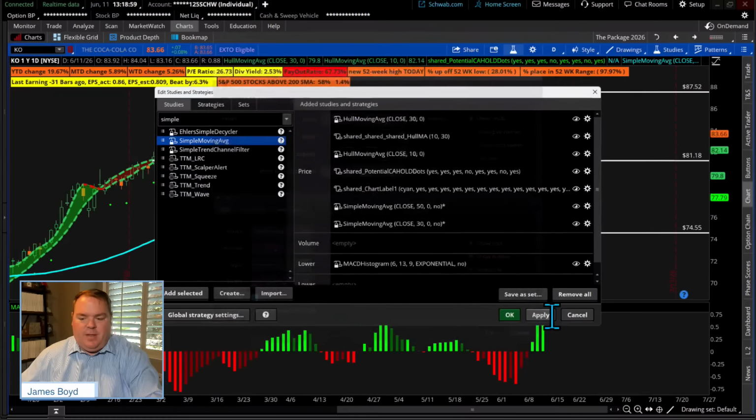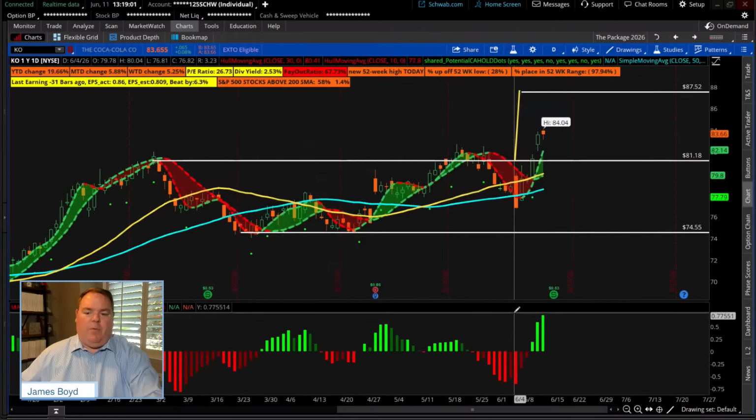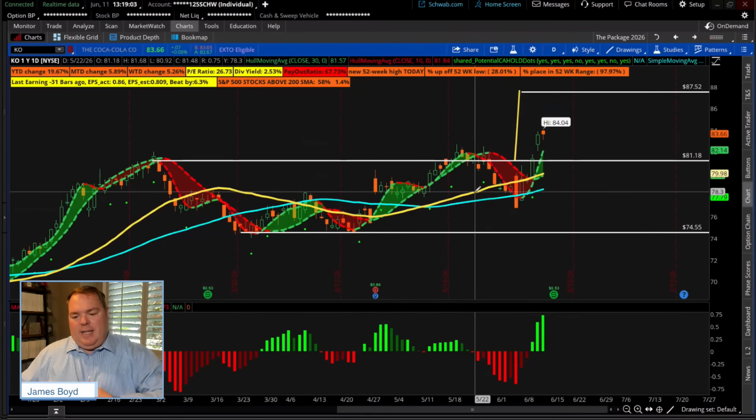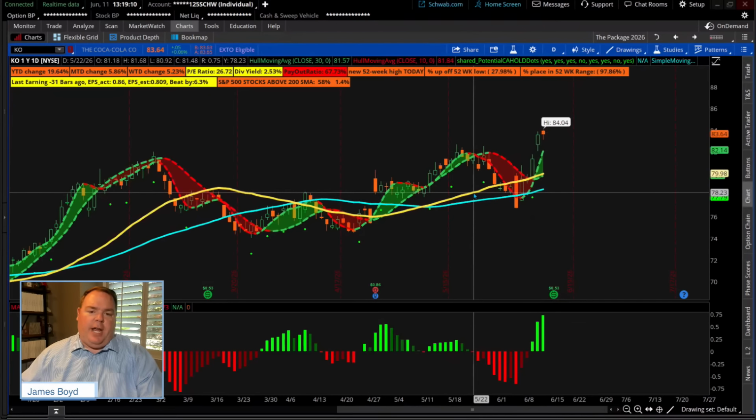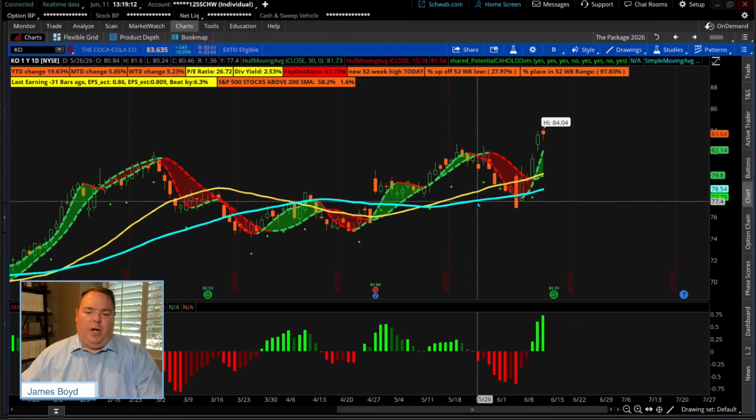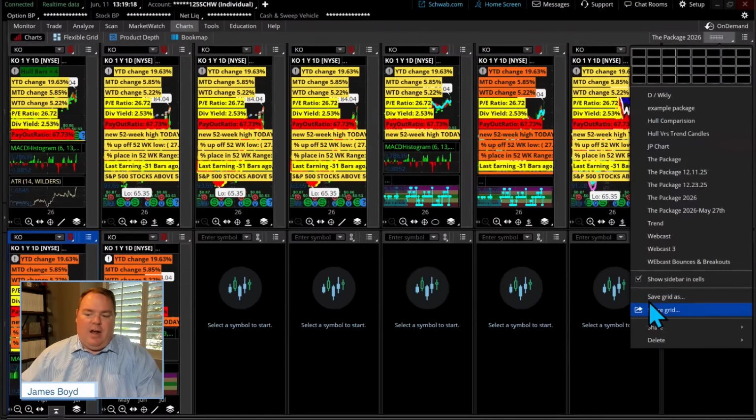Okay, here we go. Now, what is this? Well, the yellow line in this case, let me delete anything that we have above. The yellow is a 30, okay? The blue is actually a 50, okay? Let me go back and just save this, and I'll send this to you right now.